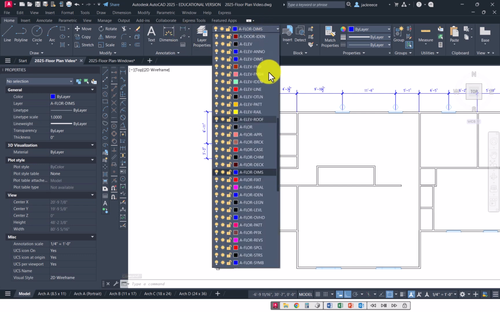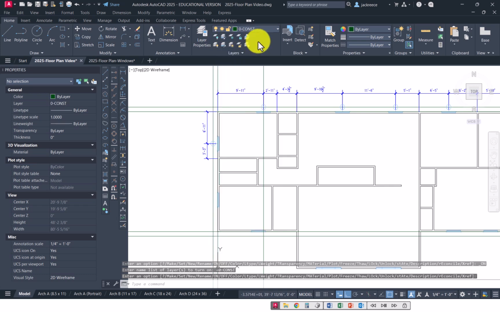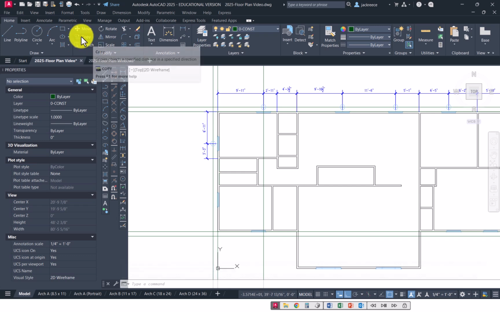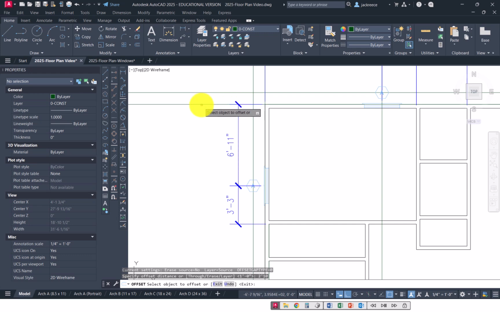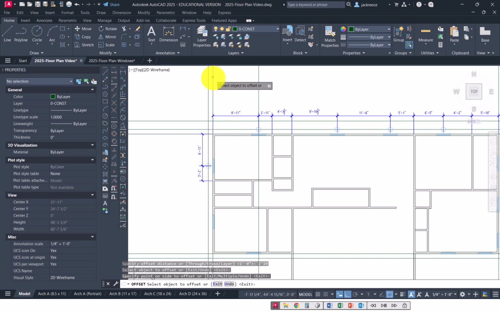Let's go back to construction layer. Set 2 feet 10 inches. And we'll choose the one from the wall and go up. I'll choose this vertical one here and come over. Okay, now I'm going to want to align up